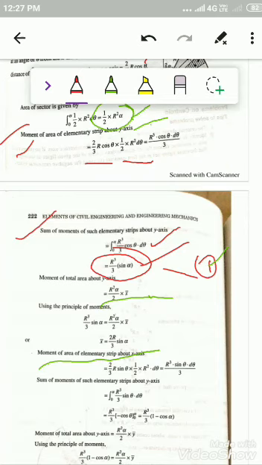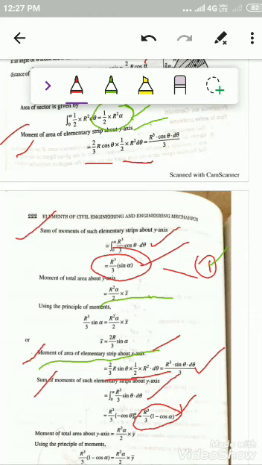As usual, that is area into perpendicular distance. Area is half into r square into d theta. Perpendicular distance is 2 by 3 into r sin theta. Instead of cos theta, I have to put sin theta, and you will get this equation. This is the moment of a single elementary strip about the x-axis. If you want to calculate for the number of elementary strips, you have to integrate the equation under the limits of 0 to alpha. Just integrate this equation and you will get this value. This is the summation of moment of the elementary strips about the x-axis.